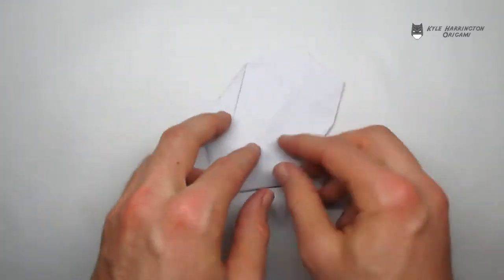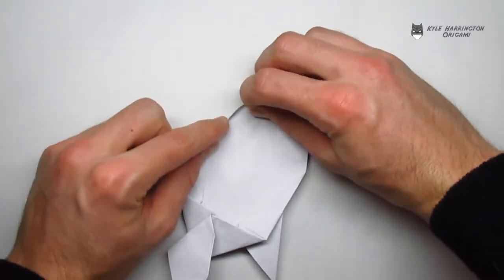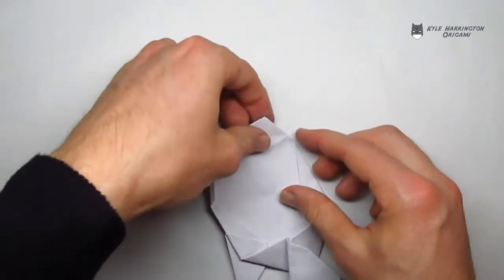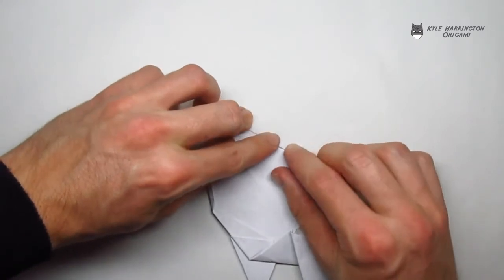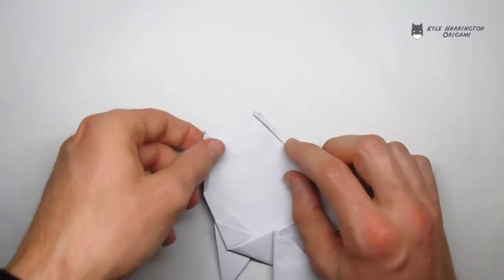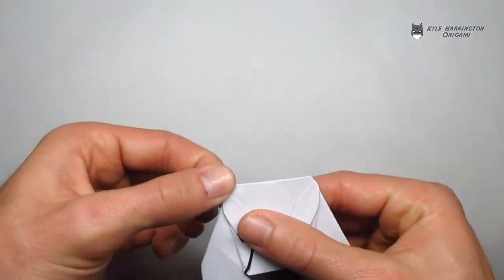Okay, then we're going to do a little shaping on the head here. So just take it and fold back a little bit. Like that. And then take the top